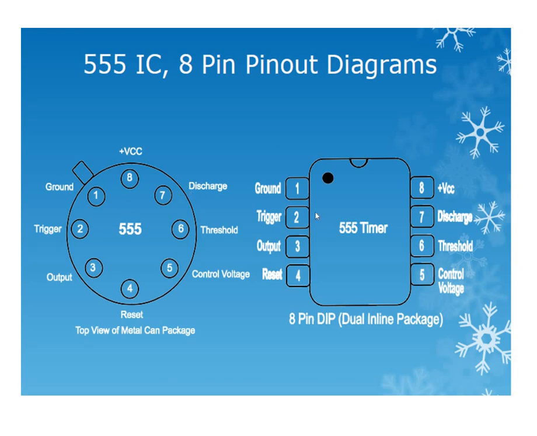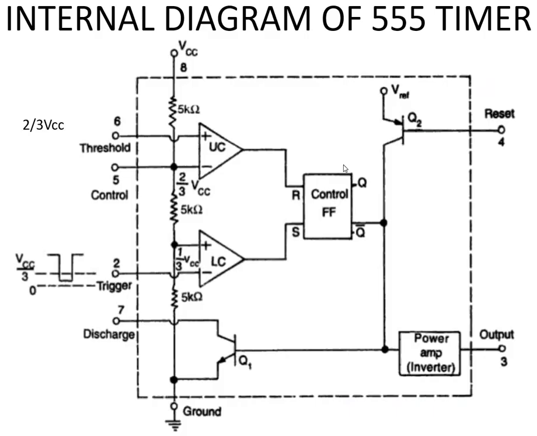Next we are going to discuss the internal diagram of the 555 timer in detail. For the 555 timer we have mainly 4 sections. The first section is a potential divider network. From the circuit you can see we have 3 5 kilo ohm resistors. The same value resistor is used for making our potential divider network. So if we are using the same value resistors, then the voltage drop across these 3 resistors is the same. Consider we are providing a voltage VCC, then the voltage drop across each resistor is 1 by 3 VCC.